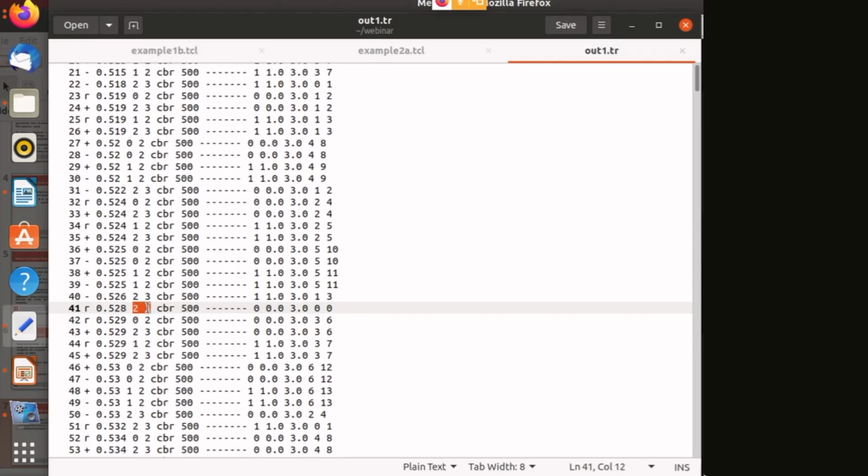And it is transmitted from node 2 to node 3. So node 3 has received it, CBR and 500 bytes. Okay, CBR type of data and 500 bytes is there in the packet. So here what we can understand, the packet ID 0 has been received by the destination node.